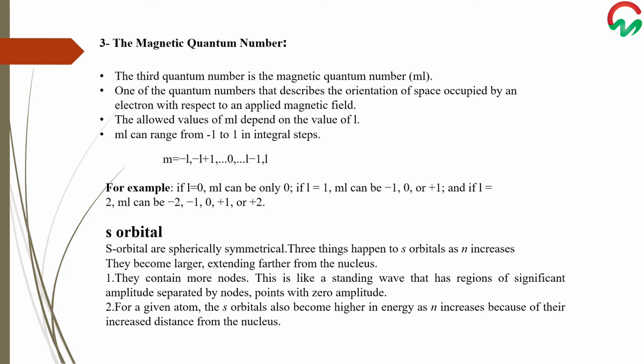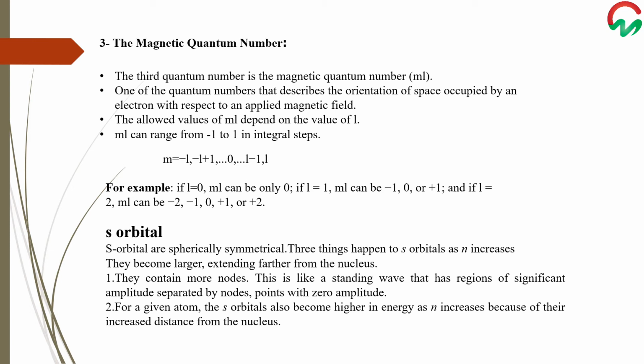Each wave function with an allowed combination of n, L, and Ml values describes an atomic orbital. A wave function with an allowed combination of principal, azimuthal, and magnetic quantum numbers has a particular spatial distribution of an electron. For a given set of quantum numbers, each principal shell has a fixed number of subshells, and each subshell has a fixed number of orbitals. Now we will discuss the concept of orbitals.